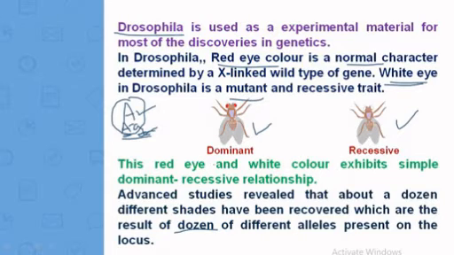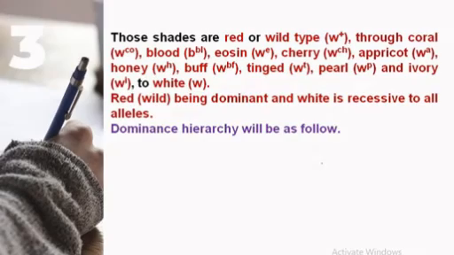All the other alleles are intermediates of red and white color, that is, intermediates of the wild and mutant alleles. So which of these will we discuss here? The first shade is red, also called wild type,